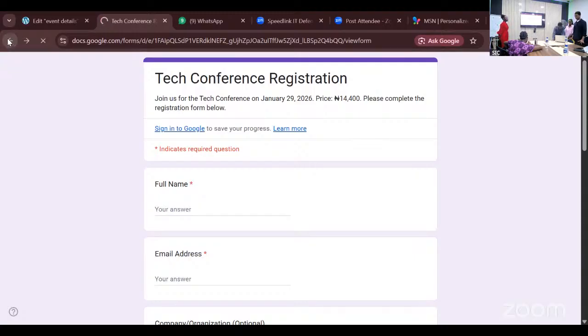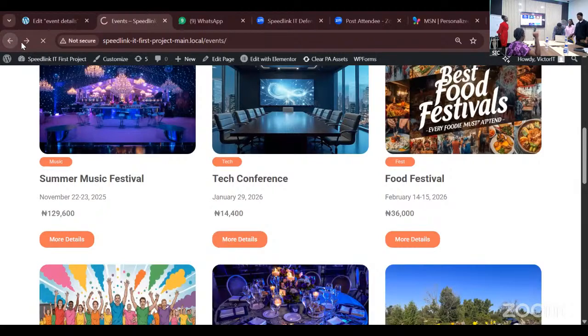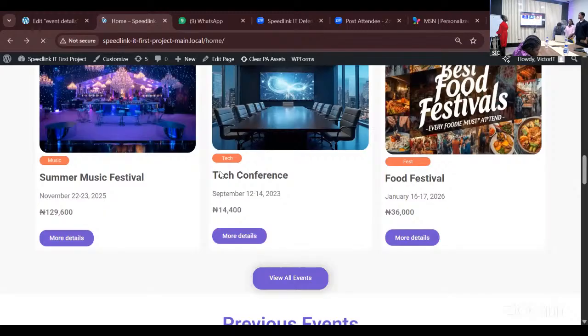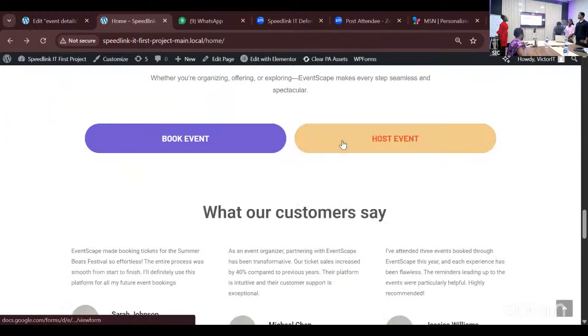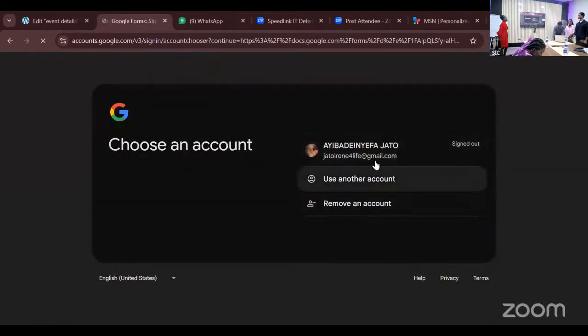Also, concerning uploading or hosting your own event on our website, it is a very easy approach. You just have to come over to this place which says host event. You click the button, it takes you directly to the form. Then you can